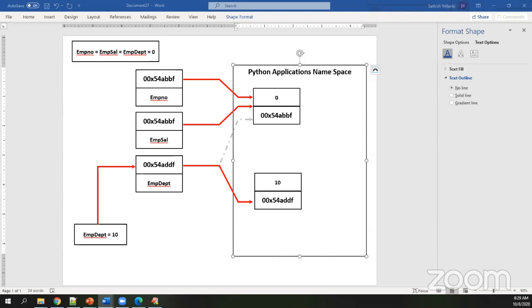So internal memory management is done in a very wonderful way by Python. Very clear. At the operational level, each variable has its own individual instance. Are you getting me?